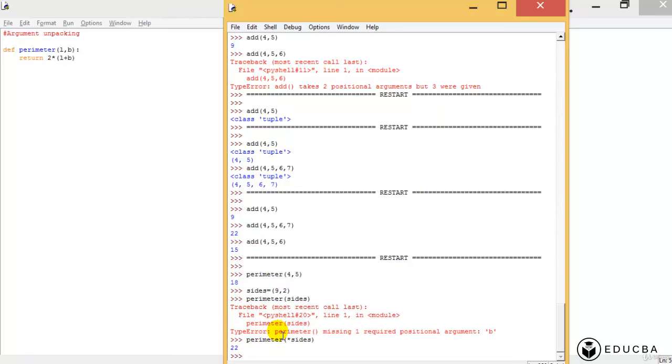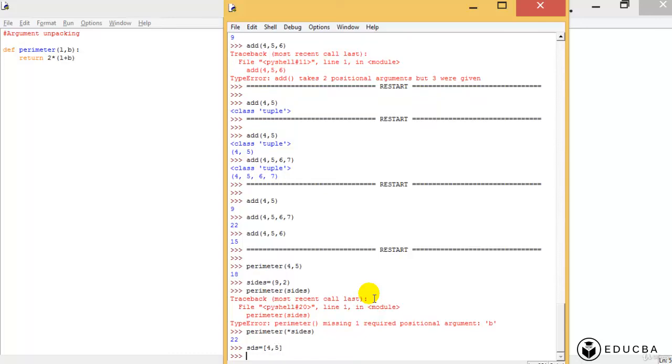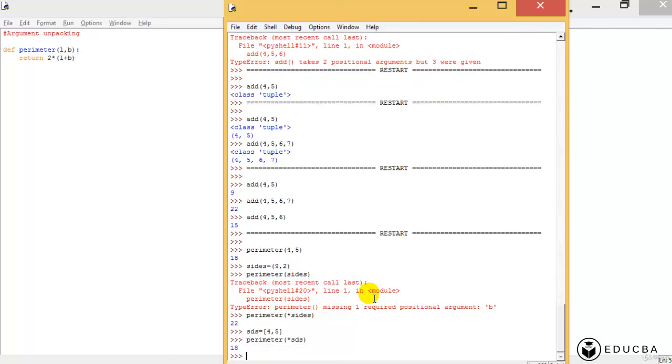So this is applicable for a tuple as well as it is applicable even for, let me say, SDS is a list. So it's a list, 4, 5, of course, and if I call the perimeter of star SDS, it will return 18. That is 4 plus 5, that is 9 multiplied by 2, that is 18. Is that clear? This particular concept is called argument